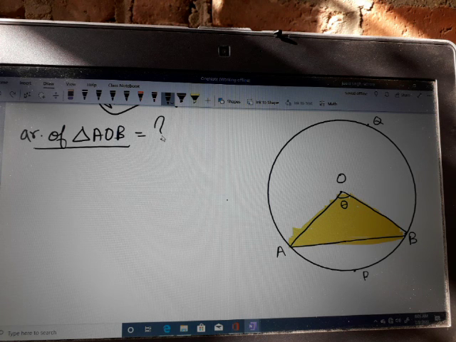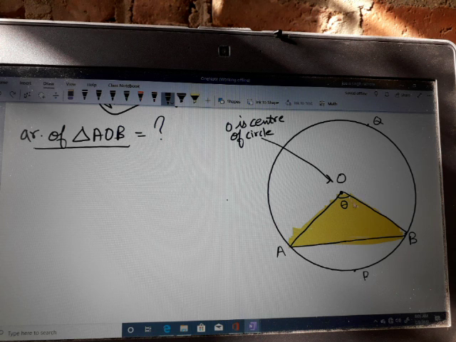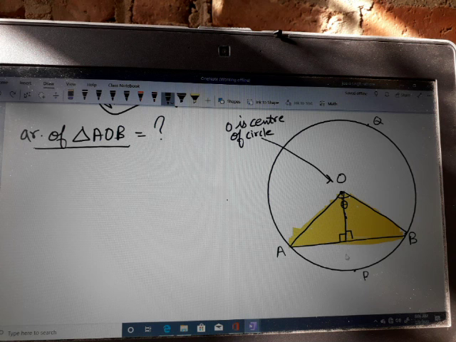That is a very important part. So there are some geometrical constructions. First of all, I will draw a perpendicular from this center. O is the center of the circle. Remember, this is the center of the circle. First step, I will draw the perpendicular from this center to the opposite chord. This is the perpendicular I draw here. Let's consider this point is M, which meets the line segment AB at point M.